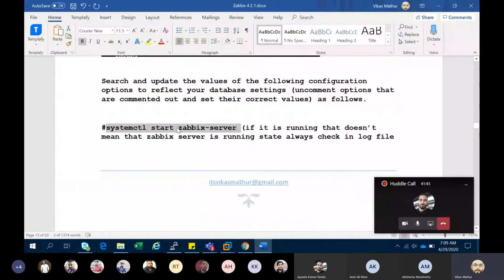Sir, there is a difference between start and restart, and it is very important. When you restart a service, its process ID is changed. When you only start it, its process ID is not changed. So when you restart, the service first stops, and after it stops, the system allocates a new process ID, and then it takes it. That's why it takes so much time, because there are some configuration changes.